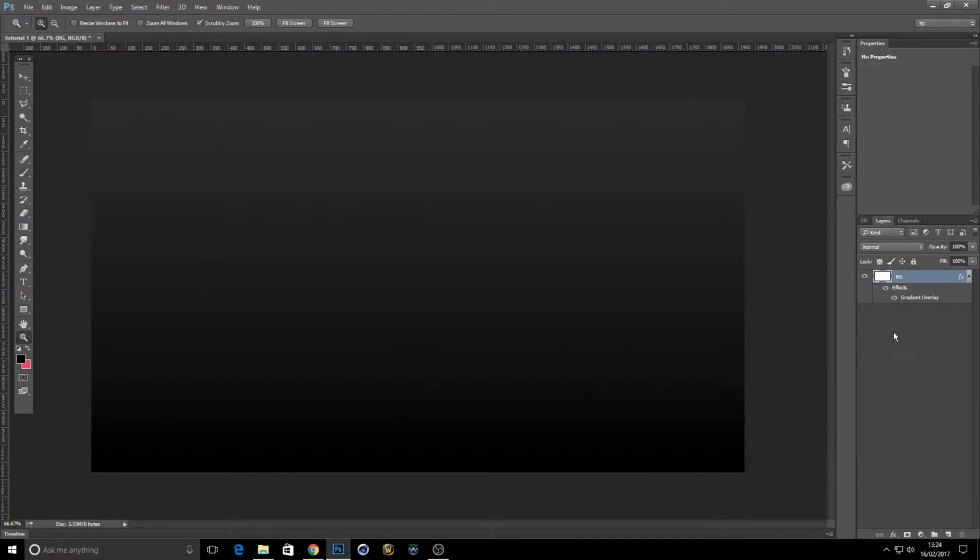So again, I'm not going to go too much into detail on some of these filters or effects, just purely for this tutorial so it doesn't go on too long. So the next one is we're going to create a corner. So we'll just call that corner. And what we're going to get for this is